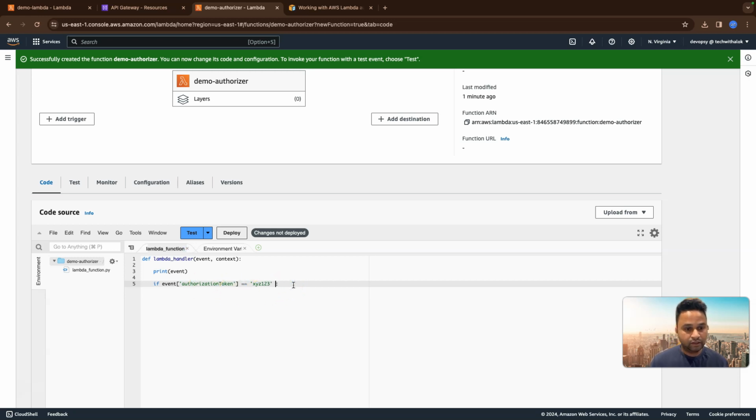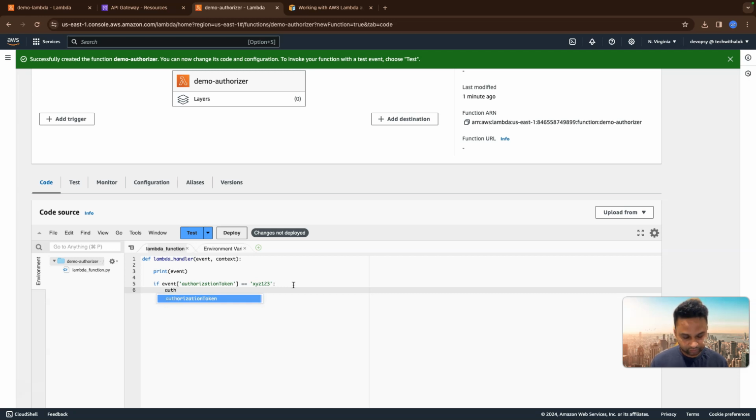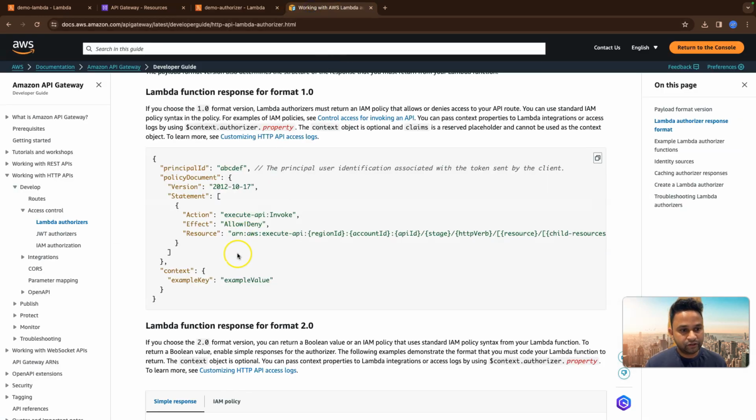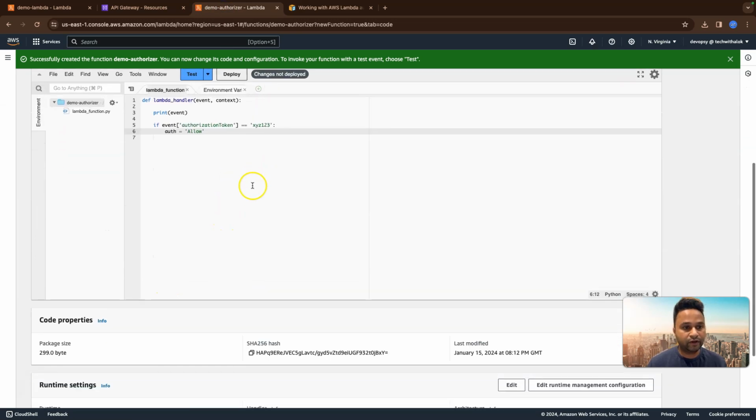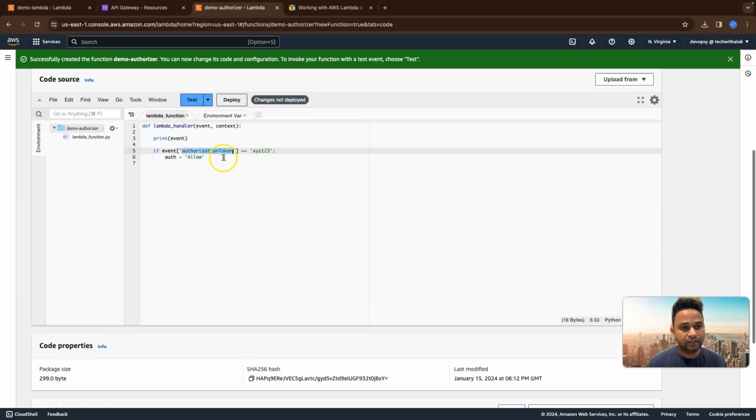Let's say if that's the case, then we take a variable, suppose equals, we say allow. What we are trying to do is build this allow or deny policy effect here, an authorization based on this variable. And once the validation token, authorization token, is validated, it gives allow, else we'll say